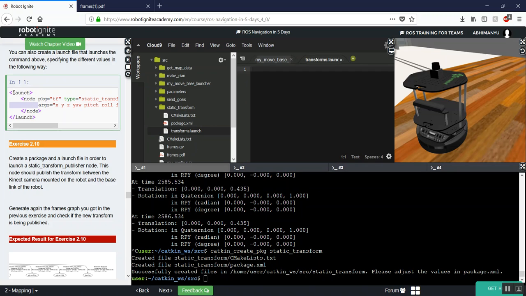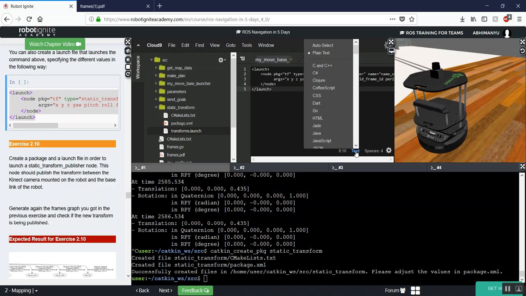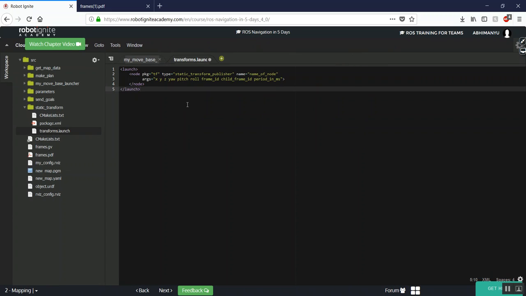There is a format which we can copy from here to define a static transform publisher, and the type is XML. Actually, where is XML? Should be in the end. Yeah. So this is how we define a static transform publisher. We have the package transform which we are using. The type is static transform publisher. We can name the node as transforms,